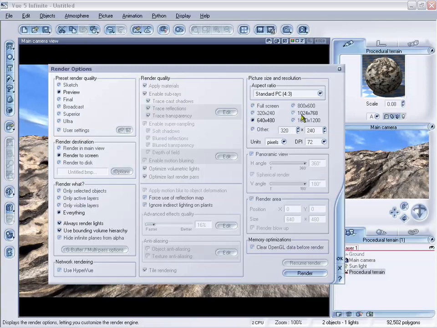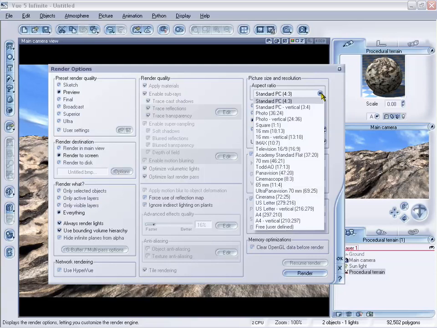It's actually 720 by 480 with the pixel aspect ratio of 0.9. But we're going to stick with 640 by 480 right now. And if you go to other, you can type in a specific pixel amount. You can also go all the way up to 1600 by 1200 or wherever you want. And then if you take a look under aspect ratio, we also have